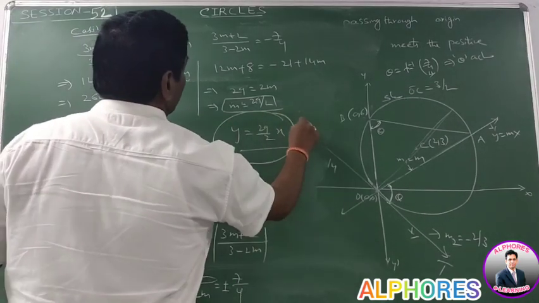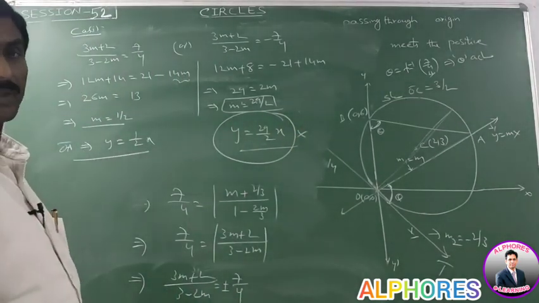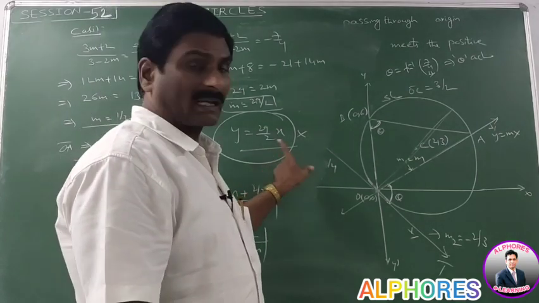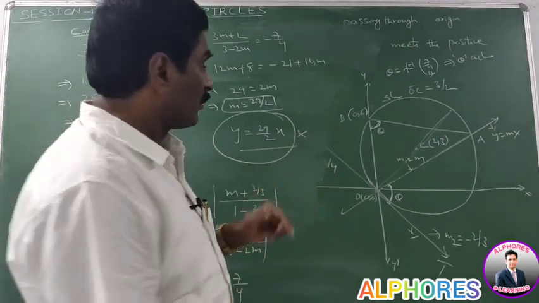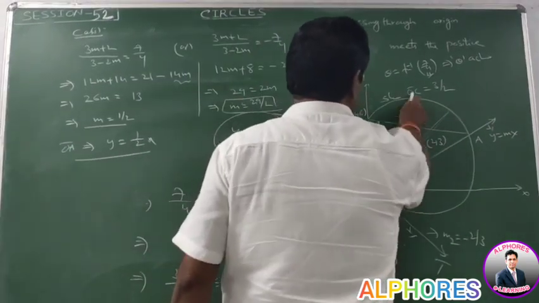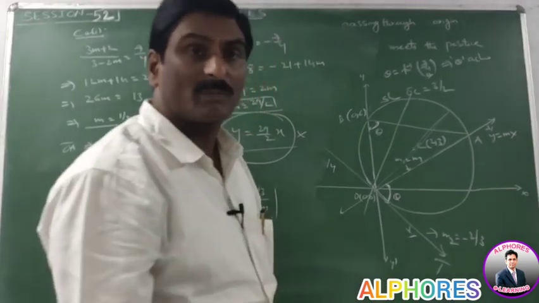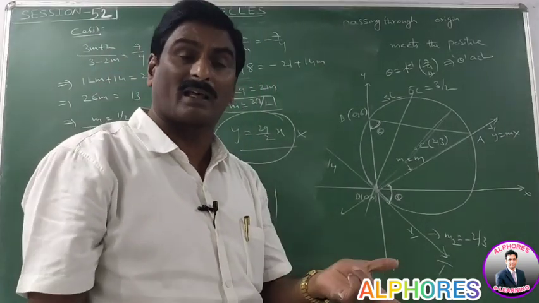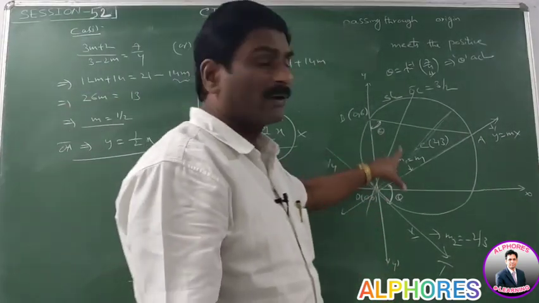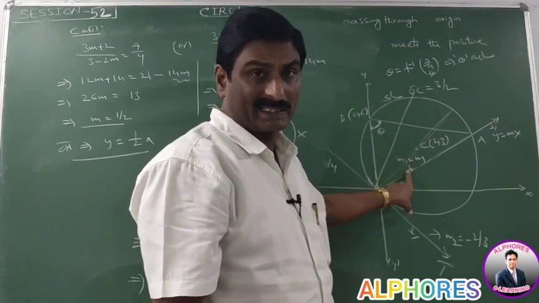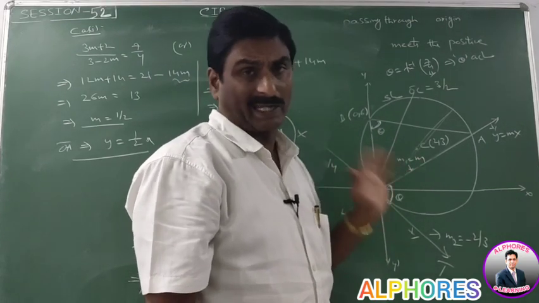It is a failure case. It is the angle in the minor segment. Here there are two possibilities, OA is equal to this value or OA is equal to this value. Tan theta is equal to mod of (m1 minus m2), so we get an acute angle in one case and an obtuse angle in another case. But in this case we get only an acute angle. So only one possible case.